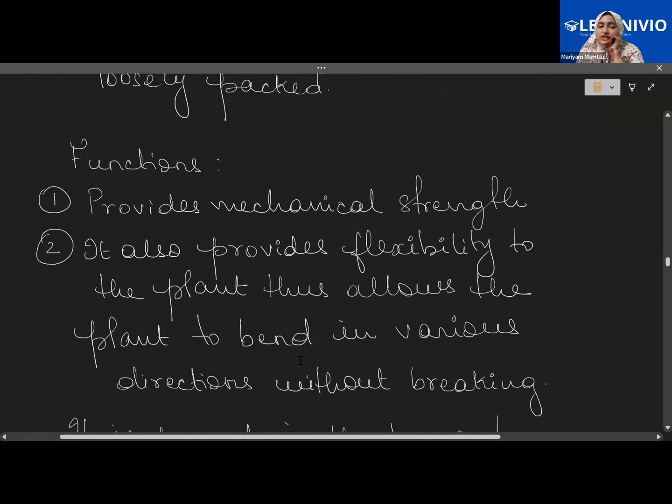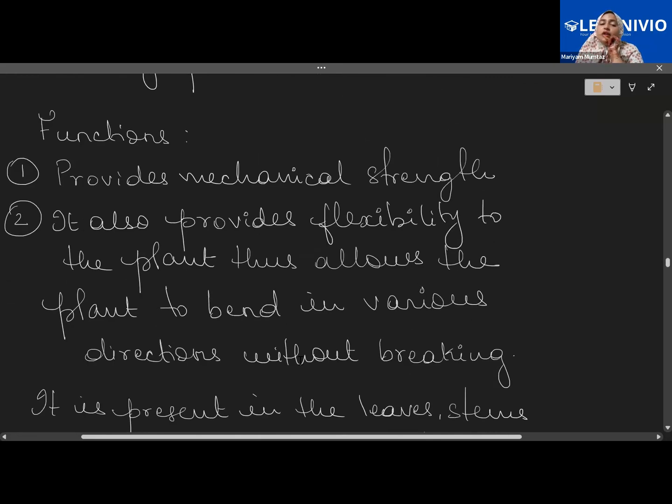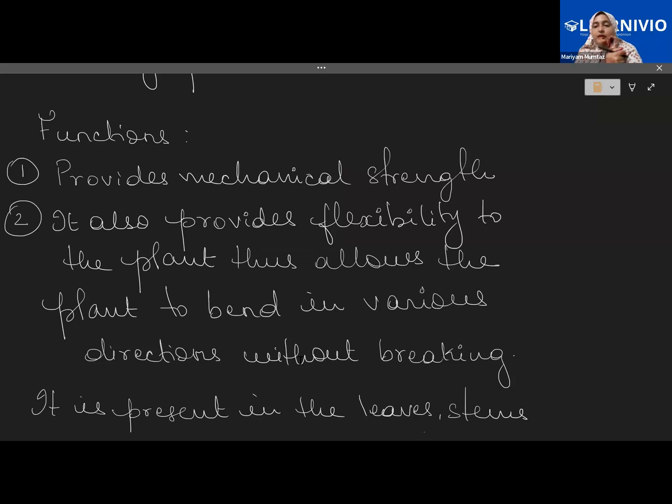What is the function of the collenchyma? So the collenchyma is responsible for providing mechanical strength. It provides strength to the plant, particularly because of the wall thickenings. Apart from that, it also provides flexibility to the plant, which allows them to bend in any